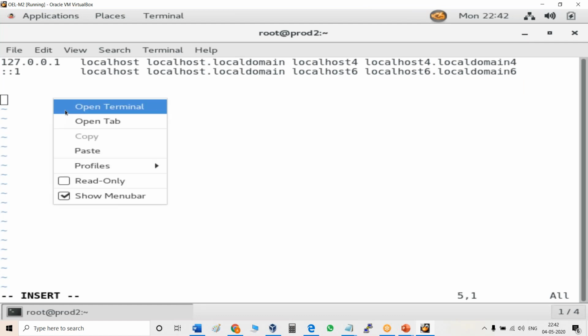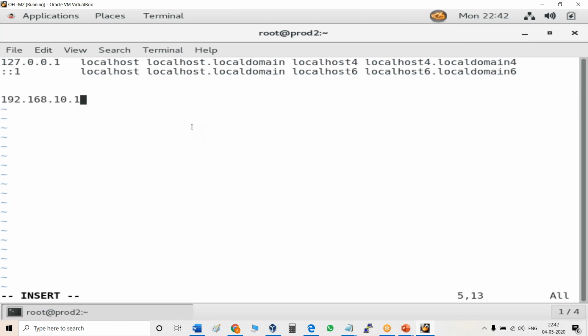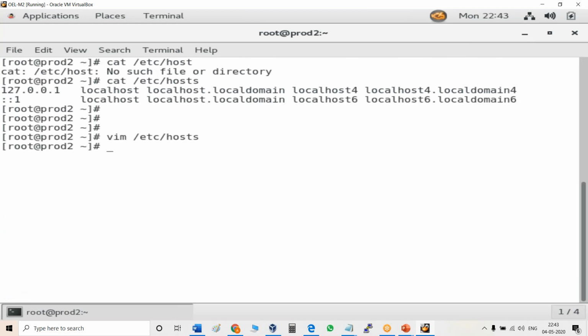Then here you can put the IP, and after that your server name, that is prod2.oracle, write my blog name, and then the short alias prod2. Okay, so escape, colon wq and exit. Get it? So that is the thing.